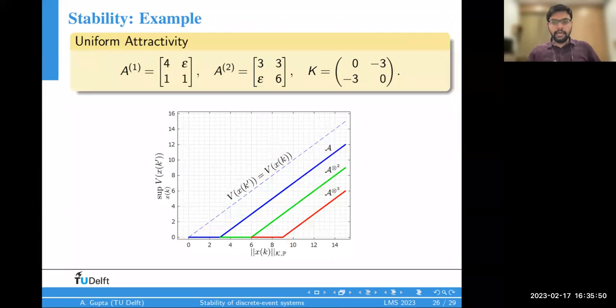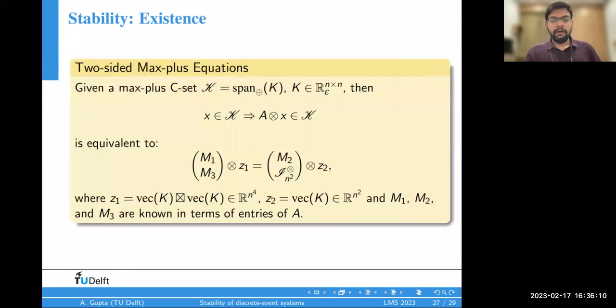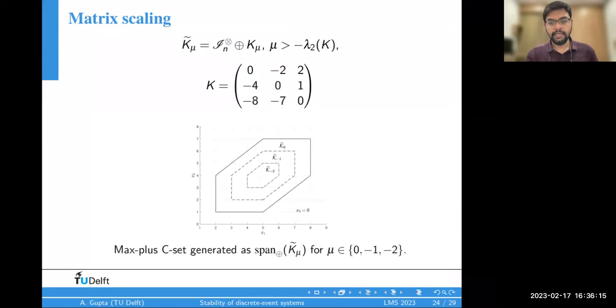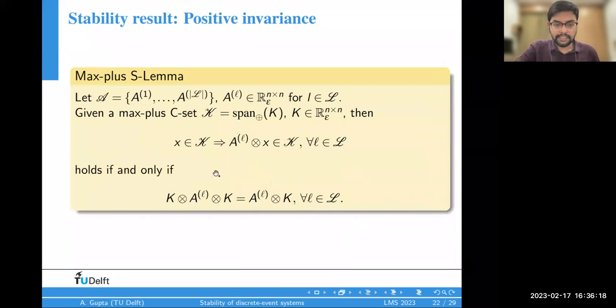Okay, so again, I show it for a bimodal switching max-plus linear system that, starting from some number of steps, can reach set K. That is what this graph suggests. So I can prove the existence. I say that this is constructive: I can write it as a mixed integer program to find K, but I can also write this particular equation as a two-sided max-plus linear equation.